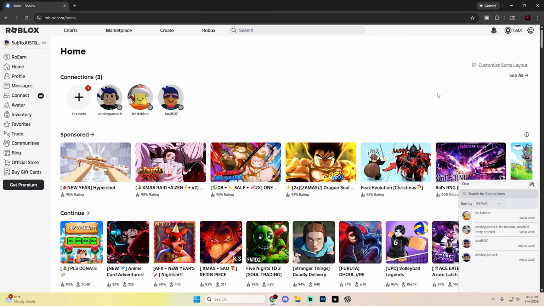In this guide, I'm going to show you how you can download Roblox on a PC or laptop here in